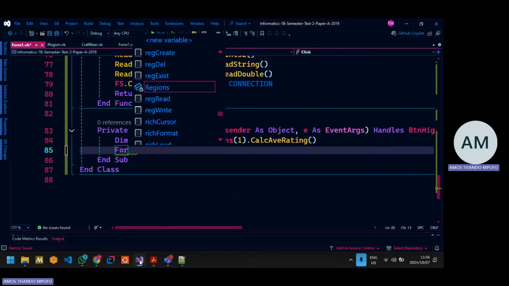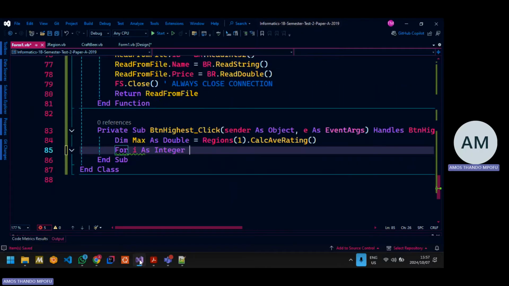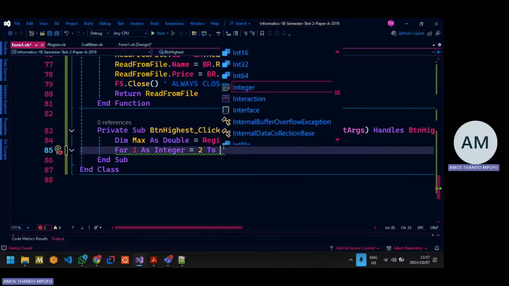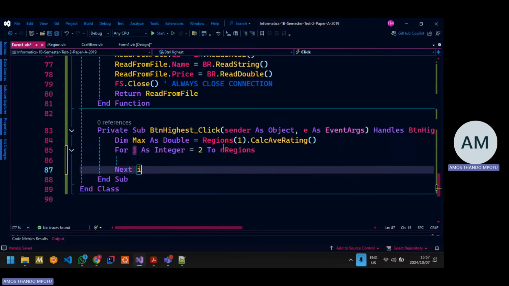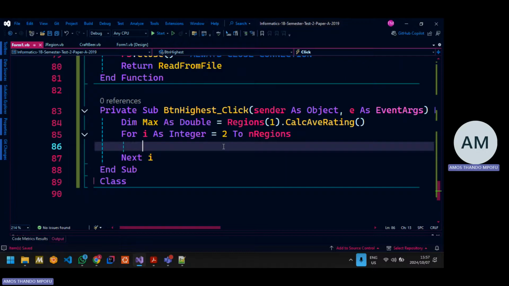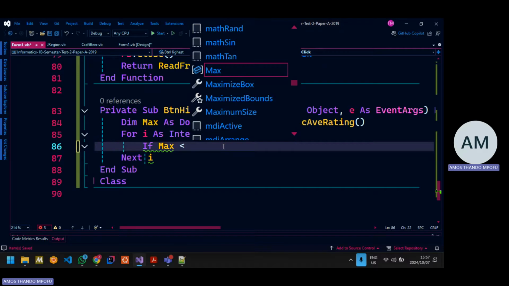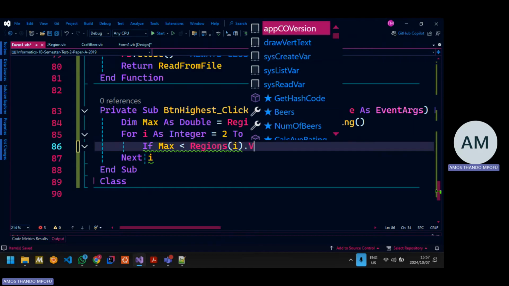Then I continue by going through all of the average ratings. But remember, I can't start at 1, because if I start at 1, I'm going to compare myself with myself. That's pretty redundant. So I'm going to start at 2, because I've already assumed the first one is the highest. So I'm going to start comparing from the second one up to n regions, and then next I, and then we do a simple if statement. So if my maximum happens to be less than the current average rating, so regions at I dot calc